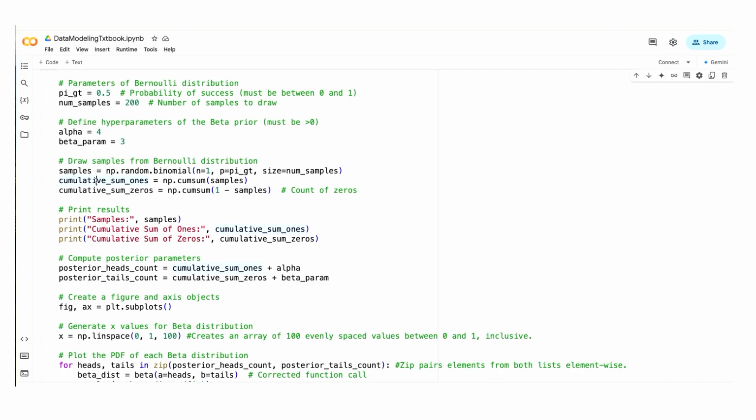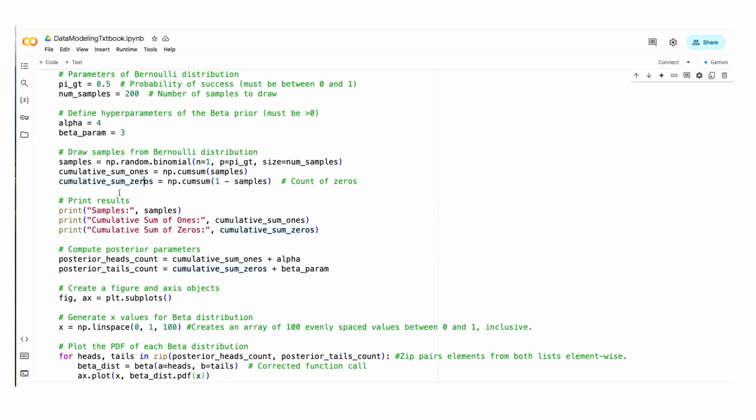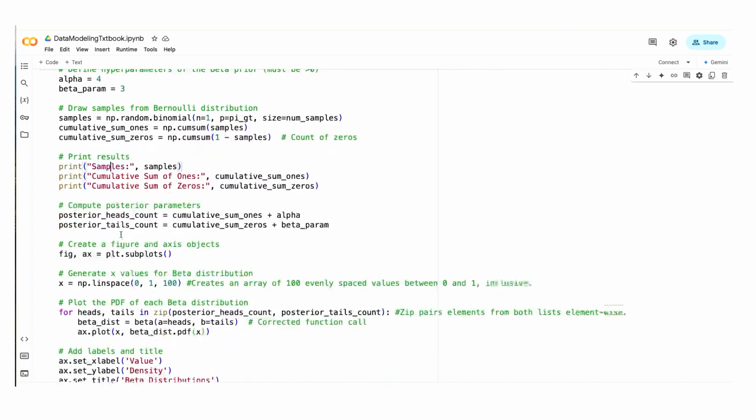Well, because I want to build a posterior after one coin flip, a posterior after two coin flips, and so forth. And I know that my posterior depends on my accumulated count up to that point. So that's why I need to consider the cumulative sum of heads and the cumulative sum of tails. I call these ones and zeros by convention. The rest, honestly, is just plotting. So